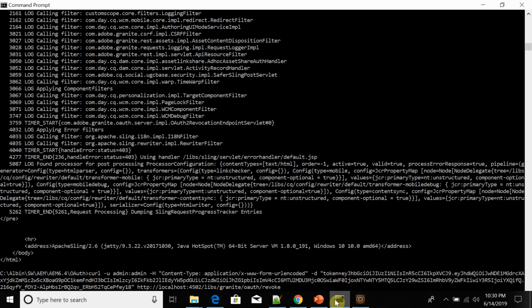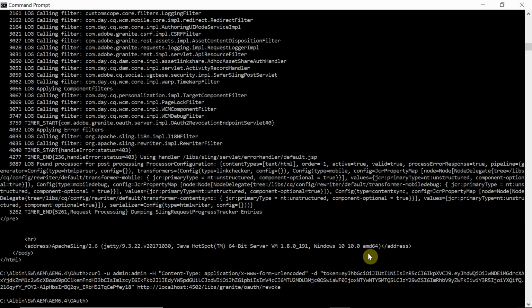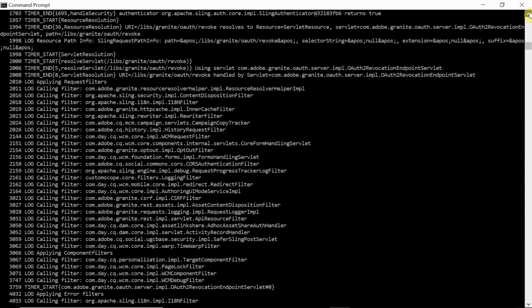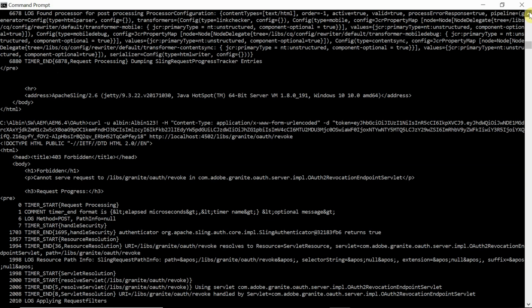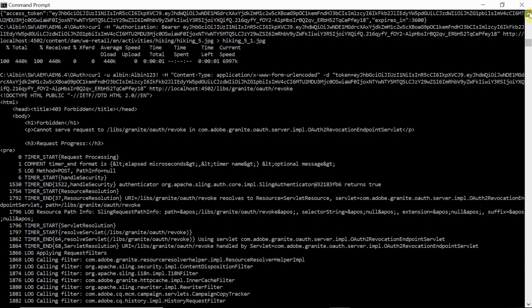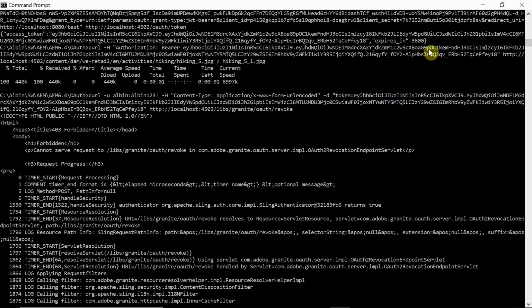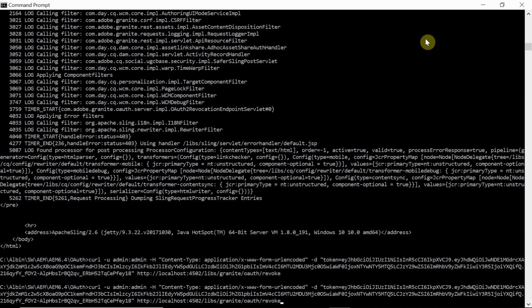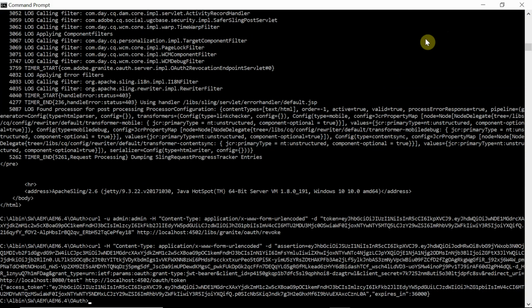Now if you go here, you can see the previous responses. Yeah, if you see here, 3600. But now I want to do that again. Let us get one more token. Now I will go and get it. If you see, the value changed. Now it is valid for 36,000 seconds.